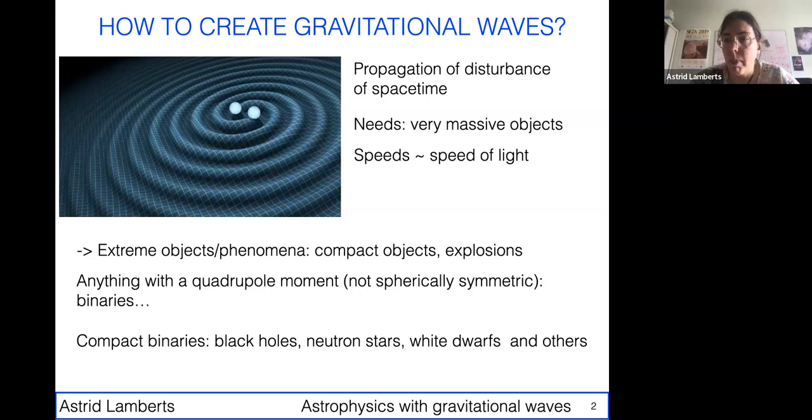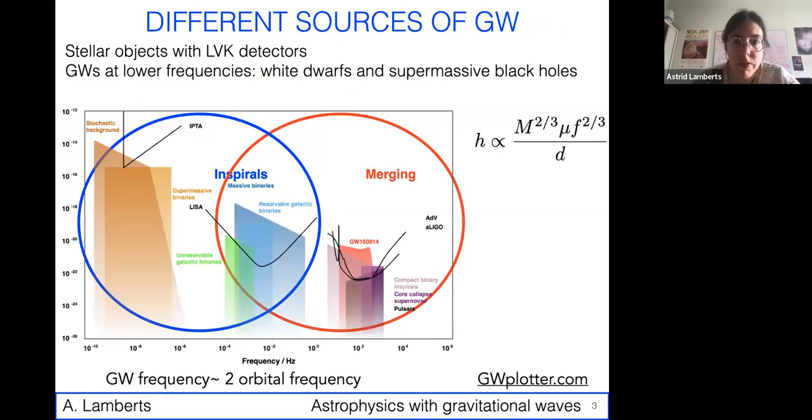And so this is why binaries made of black holes of any masses or neutron stars or white dwarfs or possibly other things are the places where we are looking for gravitational wave emission. And gravitational waves, in the same way as electromagnetic waves, actually come over a whole range of frequency. At the moment, we only have the LIGO, Virgo, and KAGRA detectors that are operational. And so these are in the kilohertz frequency, so they're on the complete right on this plot. So what I'm showing here is the spectrum of gravitational waves that we expect as a function of frequency. On the x-axis is frequency, and on the y-axis is the actual gravitational wave strain, little h, that I'm showing in the formula.